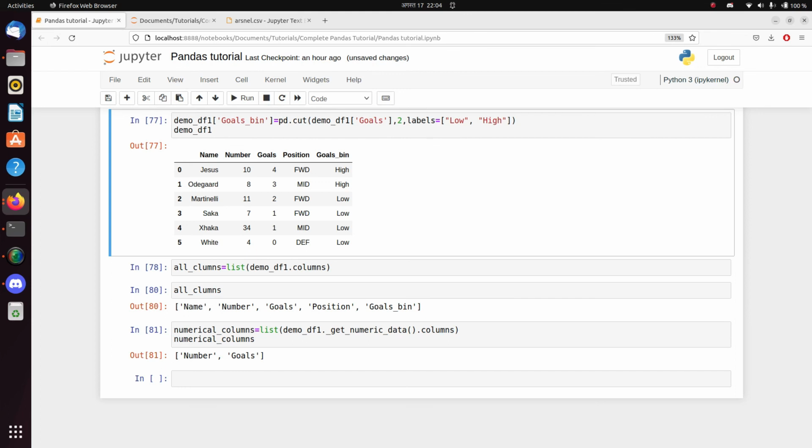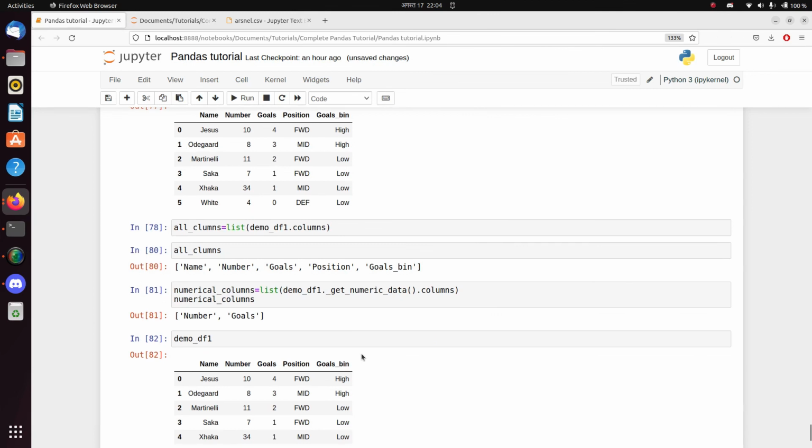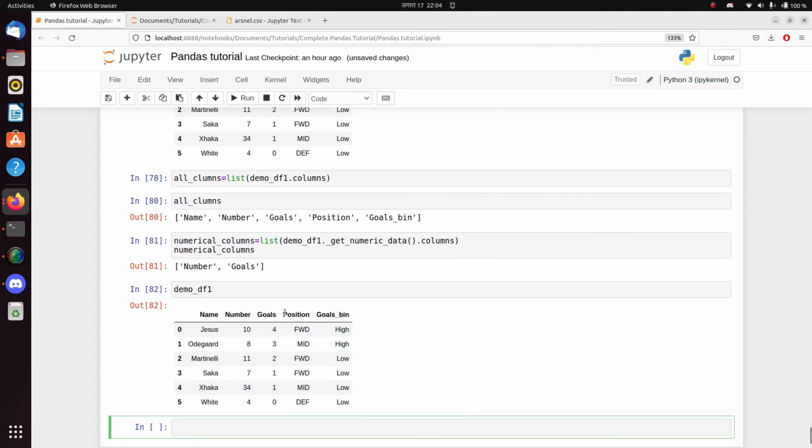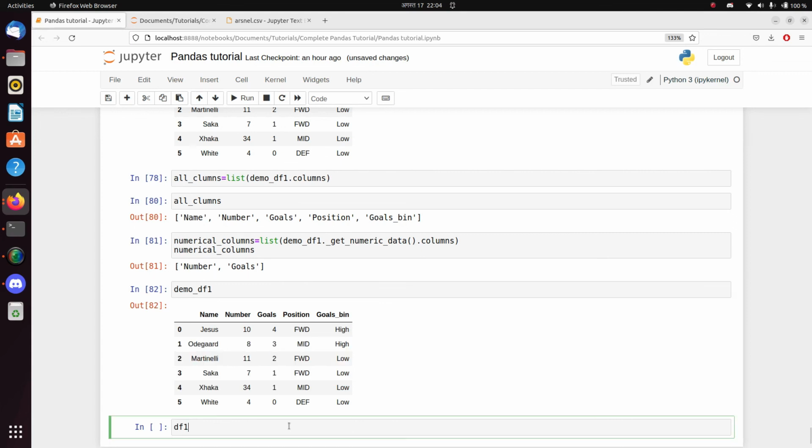We can also convert our categorical data to numeric data. For that we are going to use a function called cat.codes. So how do we do this? We already have our demo_df1 here. We'll take the position column and convert it into a numerical value. This is basically a categorical value, and we'll convert this into a numerical value. Let me say demo_df1 position